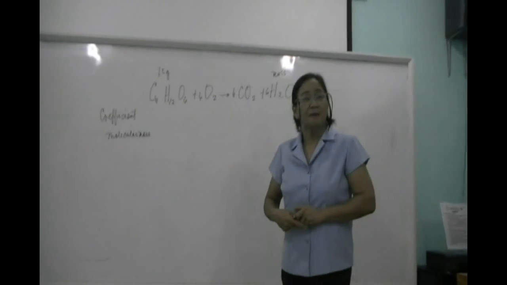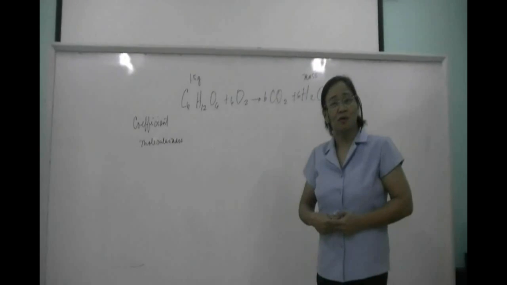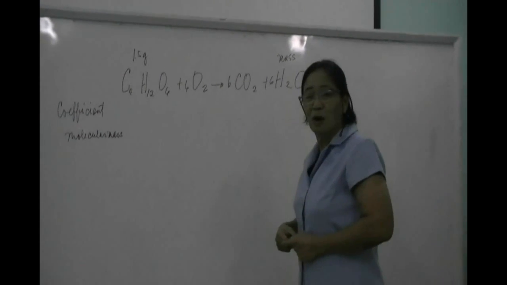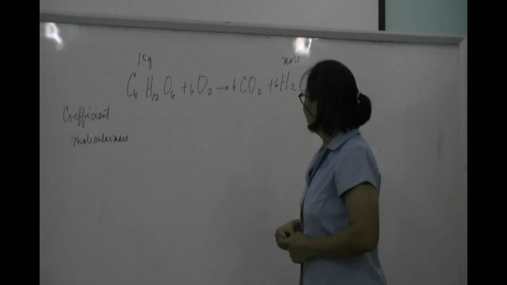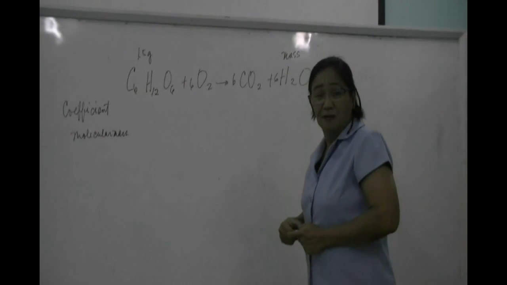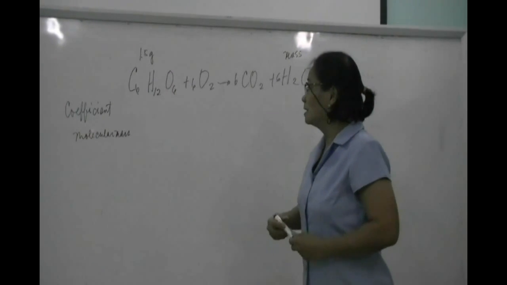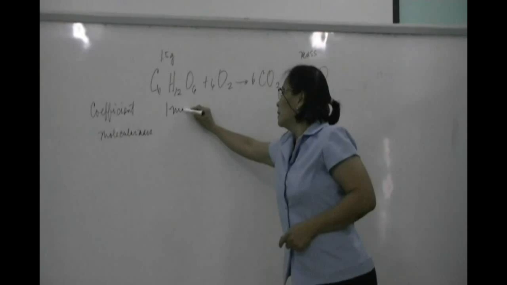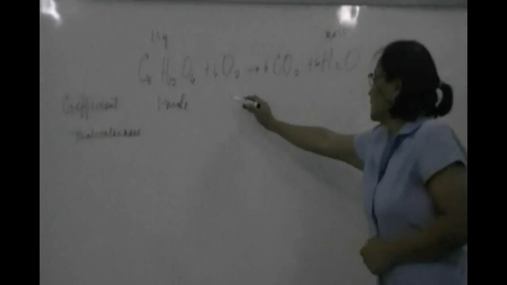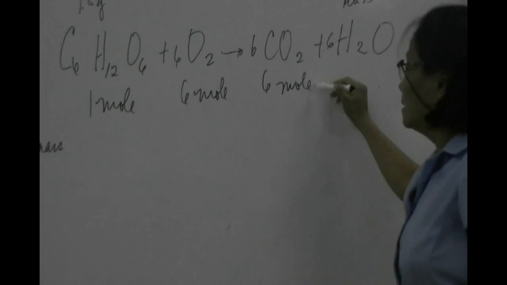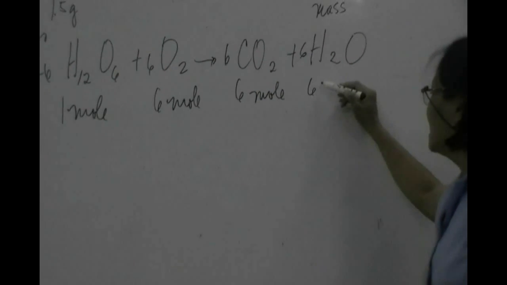In the given example, how many grams of water are produced from 1.5 grams of glucose? In the equation, there are 1.5 grams of glucose reacting with oxygen, giving you carbon dioxide and water. Now we are looking for the mass of water. For the coefficients, we have 1 mole of glucose, 6 moles of oxygen, 6 moles of carbon dioxide, and 6